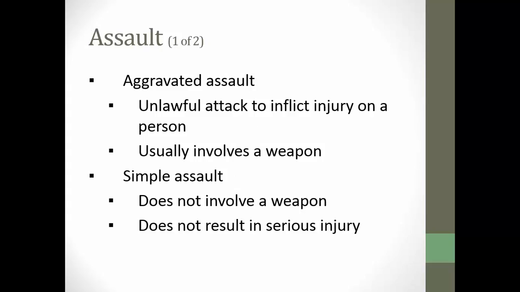All right, the last violent crime is assault. There are two forms of assault. Aggravated assault is one of the Part 1 violent crimes in UCR data, and that's if you attack somebody and inflict injury on them, and if it involves a weapon. So either if you hurt somebody basically bad enough to go to hospital, or you hurt somebody with a weapon, it tends to be aggravated assault.